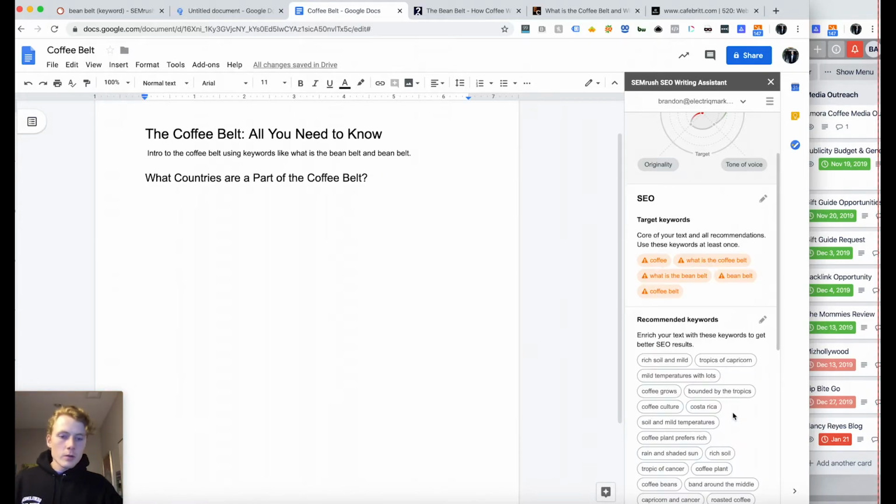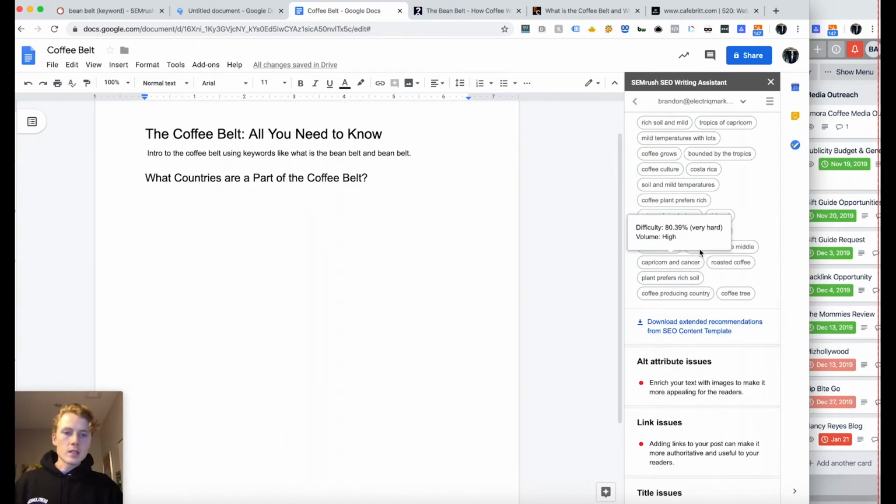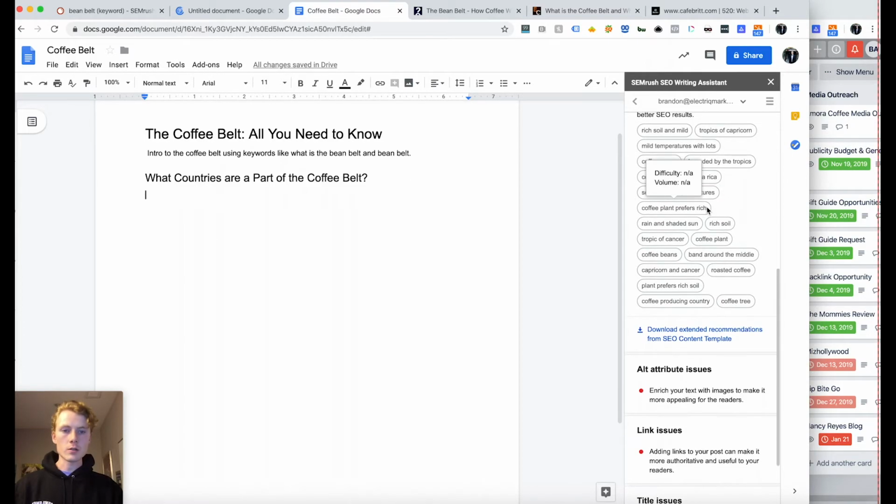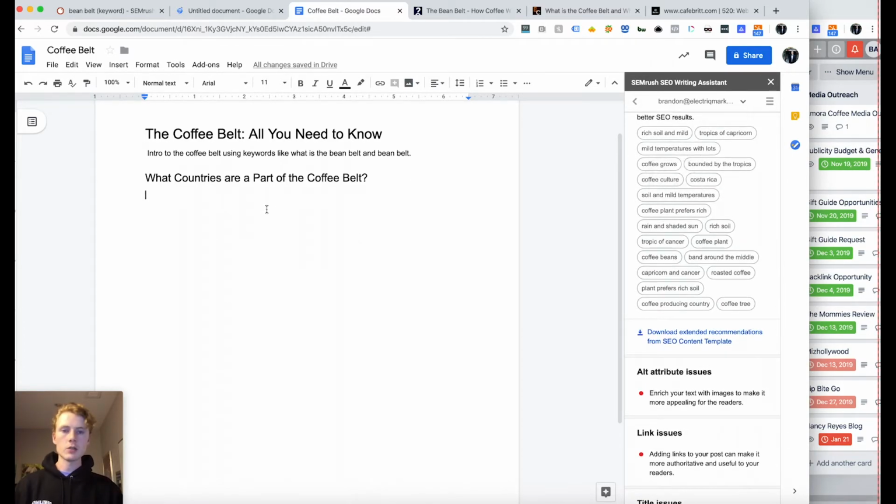And then you can see that the recommended keywords here are already sort of lending us to this. I typically like to map out some of the content before I actually even begin to do the research. So you can see here that you can just infer stuff from what's showing up in the other articles. You can say, typically, countries in the coffee belt share a set